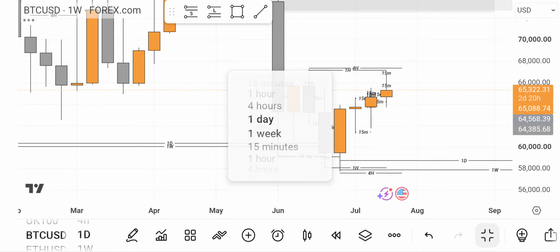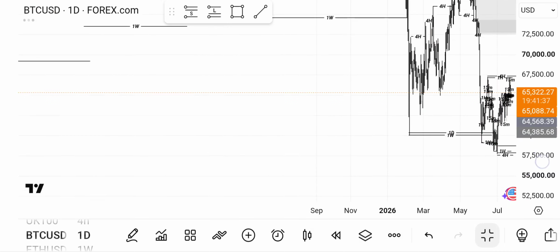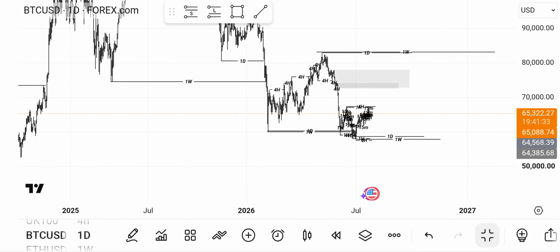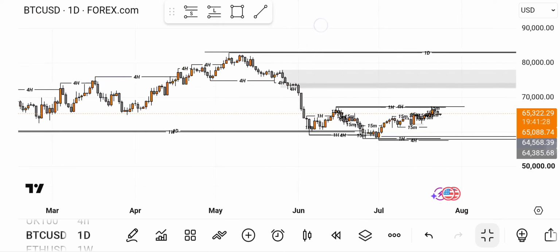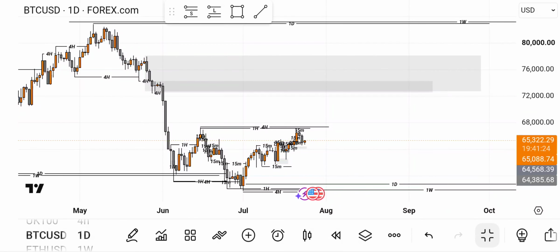So going down to the daily time frame, if you check, the daily time frame is bearish too. This is our break of structure, this is our range high, and this is our range low. So checking for supply and demand zones, this overall zone here is still intact. Price has not yet gone there, but